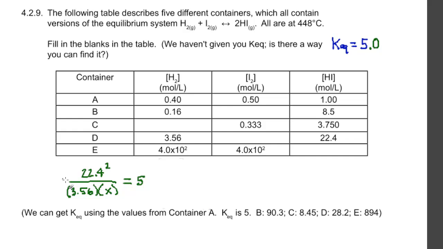So again, if you don't want a denominator, multiply both sides by 3.56x. And here we multiply by 3.56x. Cancel, cancel. And we get 22.4 squared, which is 501.76. 5 times 3.56 is 17.8 times x. So we want x alone, it's multiplied by 17.8. If you want to get rid of that, divide both sides by 17.8. That cancels, and we're left with x equals